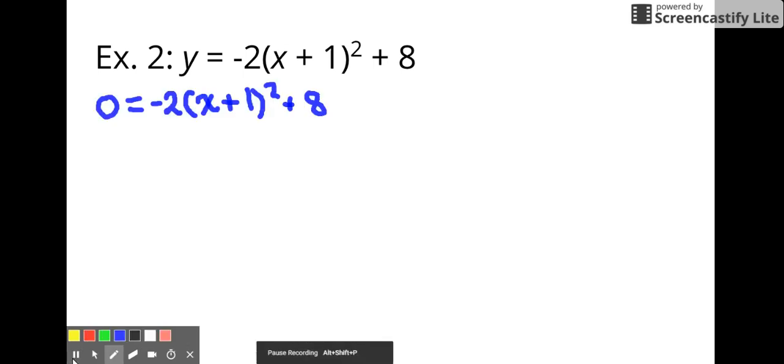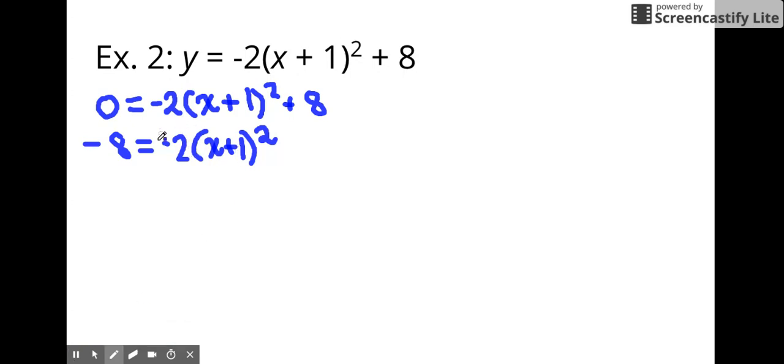We need to first set our equation equal to 0 because we're solving for the x-intercept. There are two steps that you could take next. You could either add the 2x plus 1 squared, that whole thing, to the other side, or you can just subtract 8. I chose to subtract 8 from both sides,